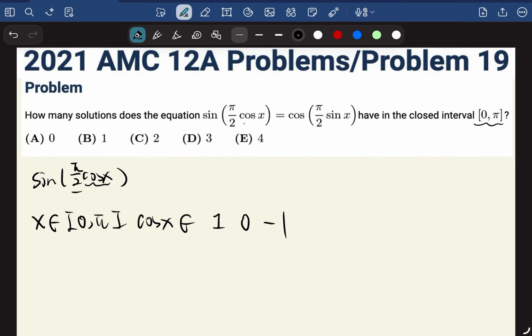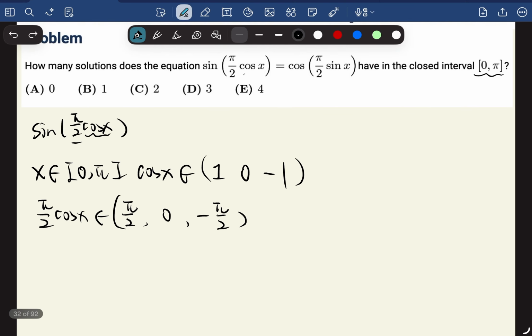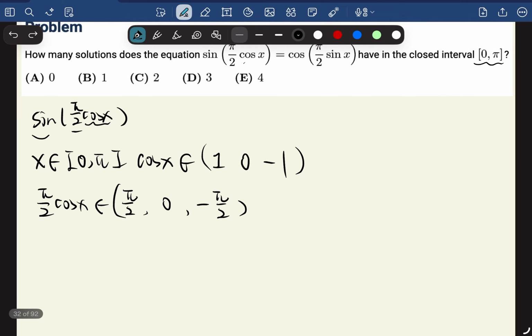And we have a times pi/2. So pi/2 times cosine x is within, just times everything by pi/2, so we have pi/2, 0, and negative pi/2. This is a range, but since it's a composite function, it becomes the domain of the whole thing, right? So given this is this,